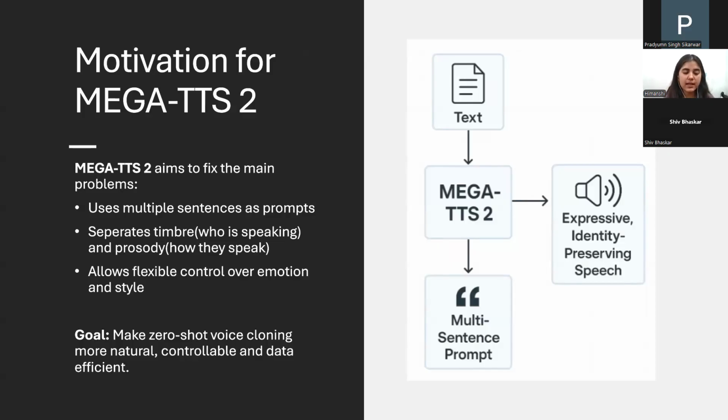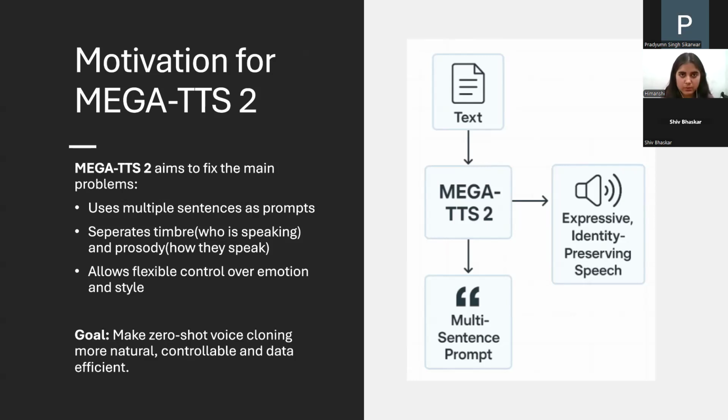As Shiv discussed about zero-shot TTS, what is zero-shot TTS? In this, we can make a computer speak in someone's voice by just giving a short audio clip, and it's super fast and doesn't need a ton of data, because traditional TTS models require a large dataset, a long training time, and high computation cost, which is not good. Using zero-shot TTS reduces a lot of data, which is very awesome.